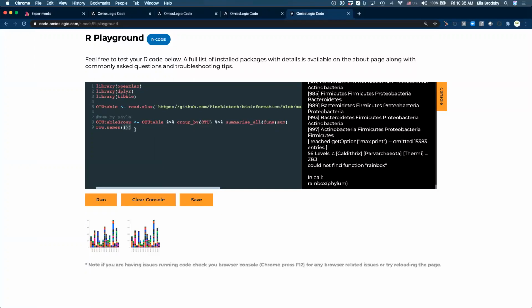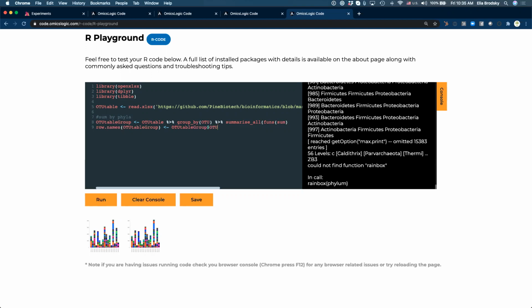Okay, so row names, we're going to add to OTU table group. And we will make that OTU table group OTU.